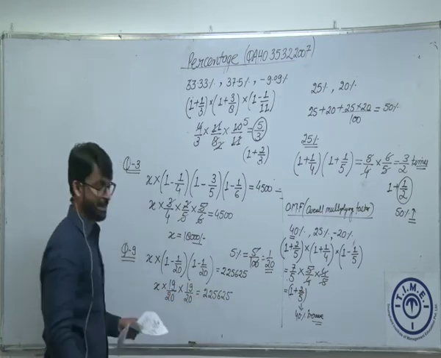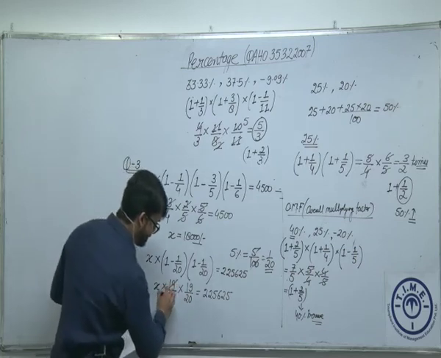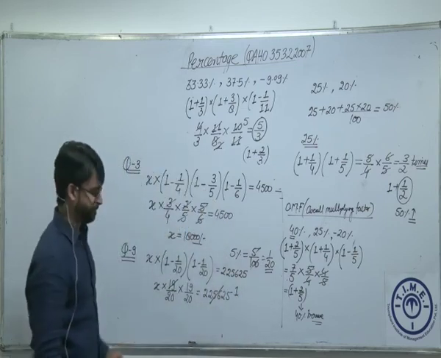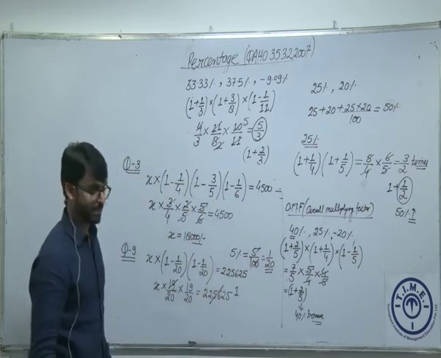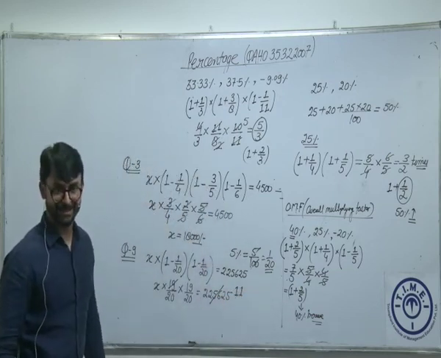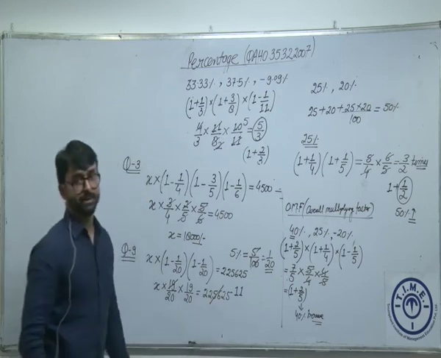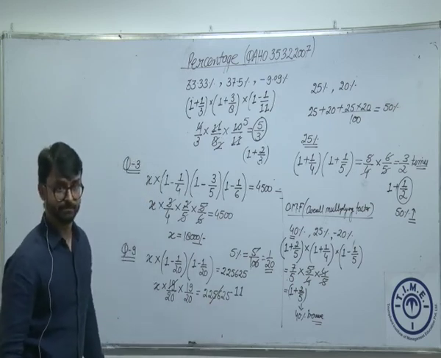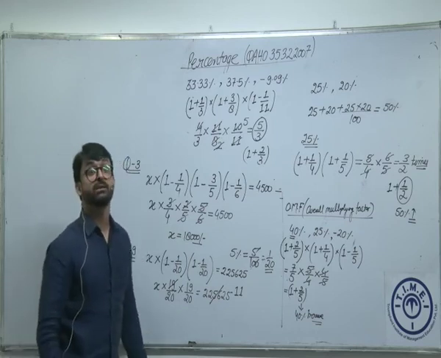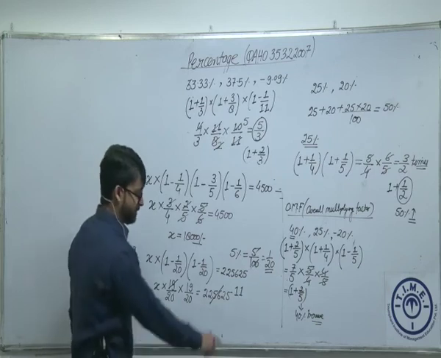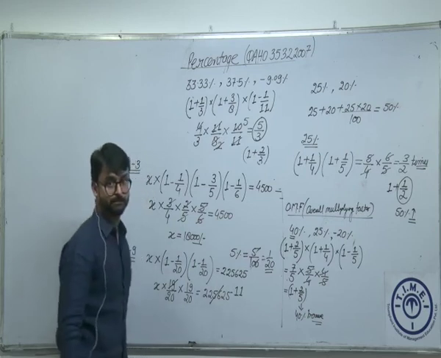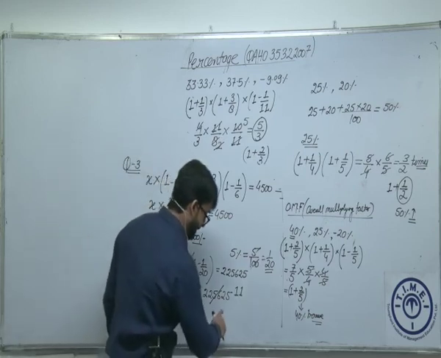Is it divisible by 19? 19 table पढ़ते हैं. 19 1s are 19, 3 left. 19 again 1, 19, कितना बचा? 16. 19 into 8. 19 into 8 is what? 152. It was 166. Am I right? 166 minus 152 is what? 14. Am I right?